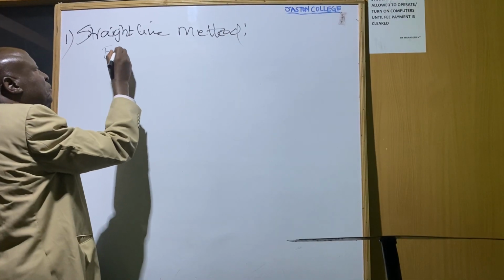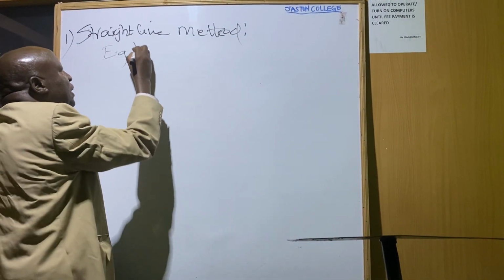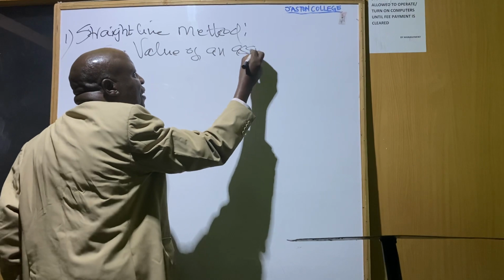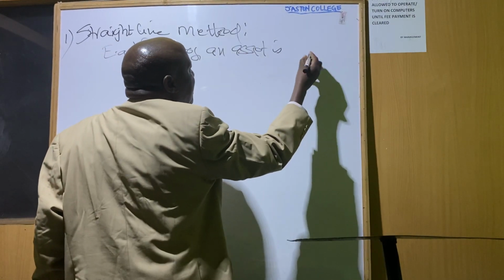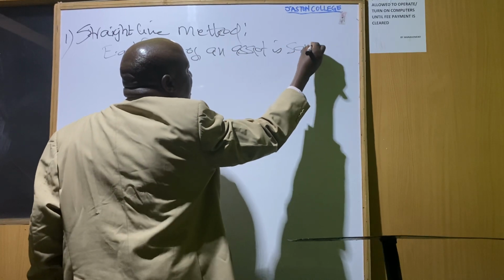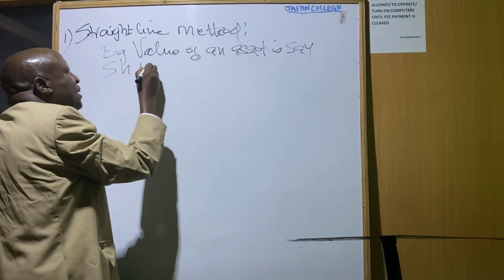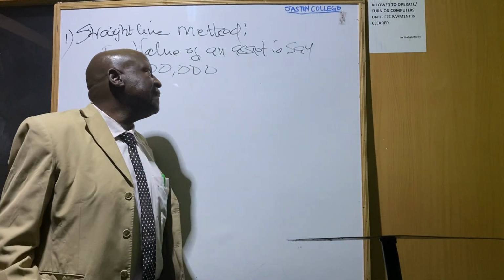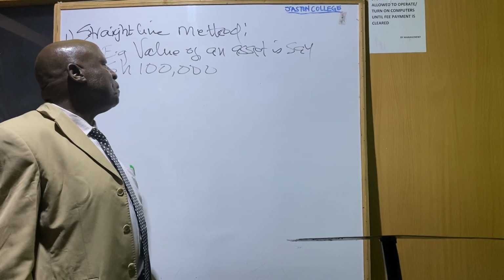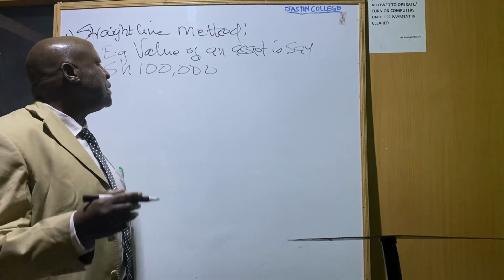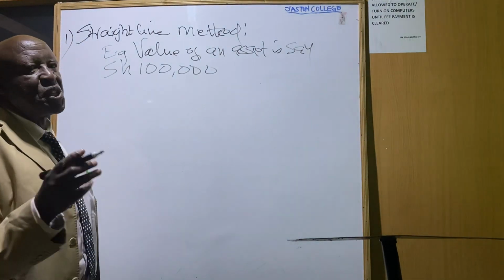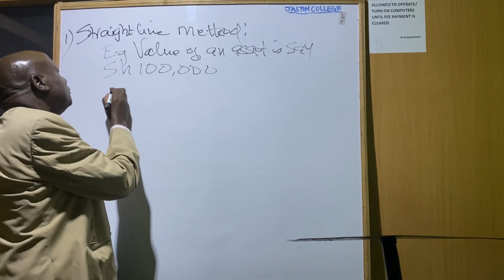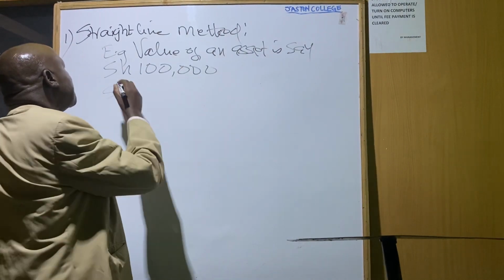If the value of an asset is say 100,000 shillings, and it will be depreciating at 10,000 per year, so if you want to calculate its depreciation, we will say